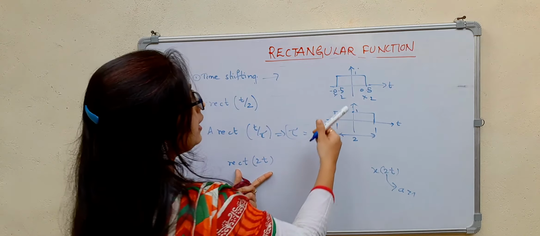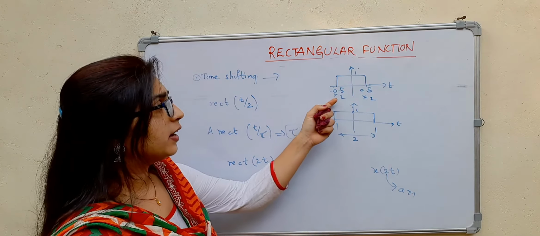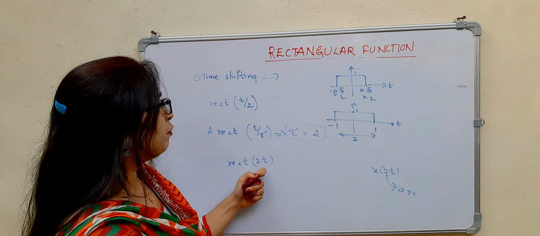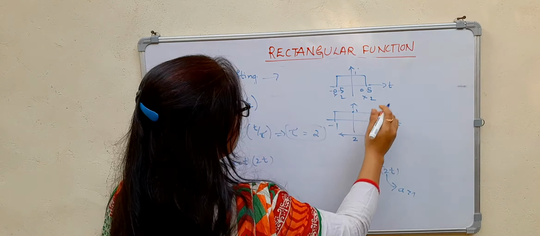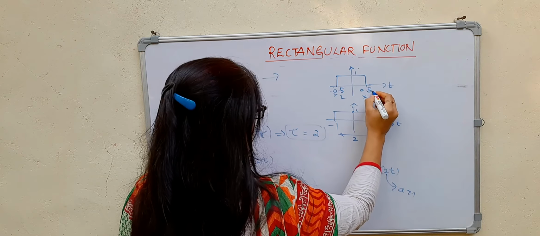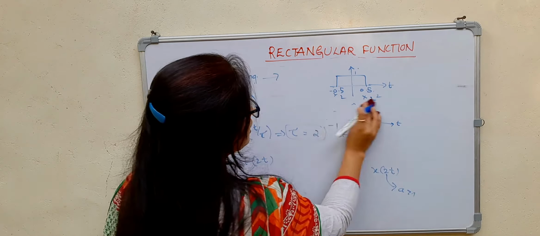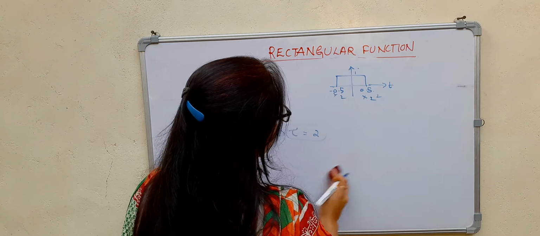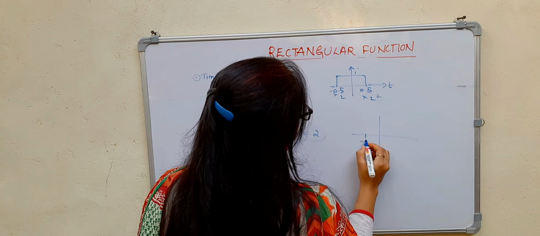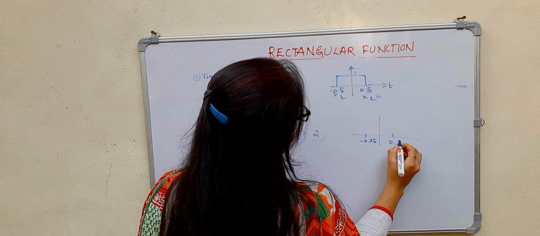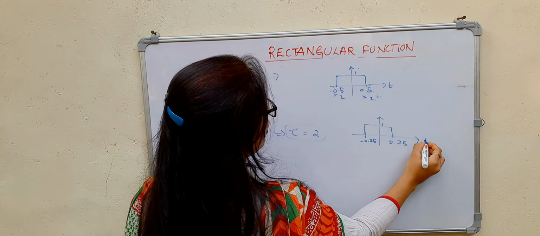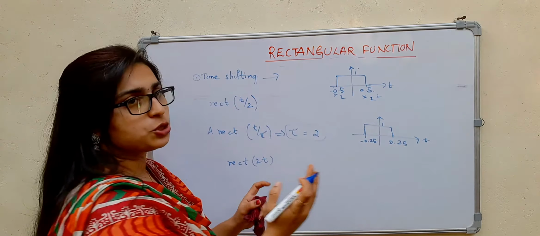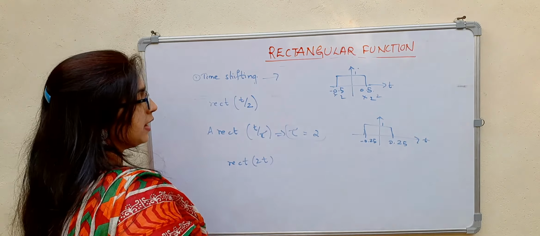So similarly, on this unit rectangular function, if I perform this, that is when a is greater than 1, what happens? See, this is divided by 2, that is 0.5 divided by 2, you will be getting minus 0.25 and here it is 0.25, the height is equal to 1. So this is the compressed version of this, right? So this is rectangular 2t.